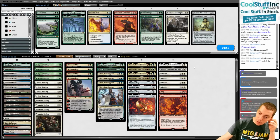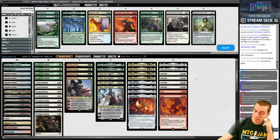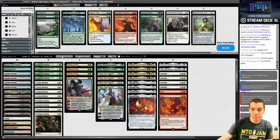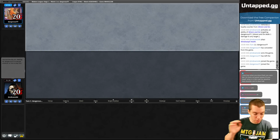Would I rather have that over... I'm on the draw, so I can't Hollow Moonlight their scam. Just can't do it anyway, I guess. I guess just leave it, honestly. I think it's fine. Pretty narrow. Bringing in a narrow card against a deck that's going to tear your hand apart is, like, not really a great idea, so...